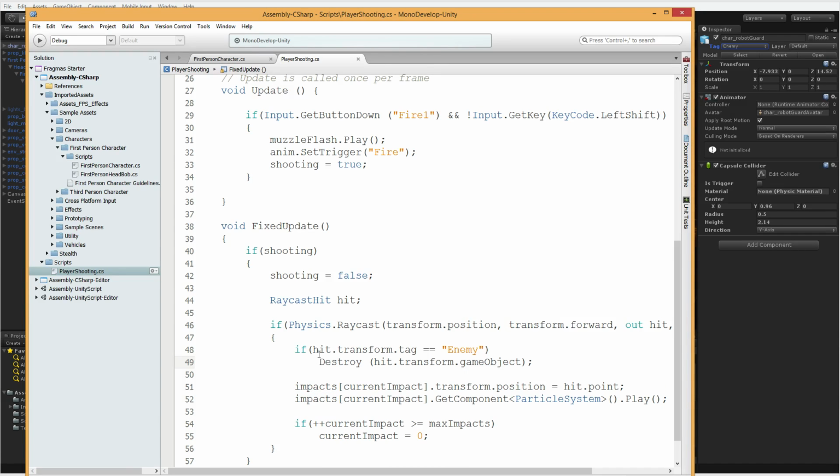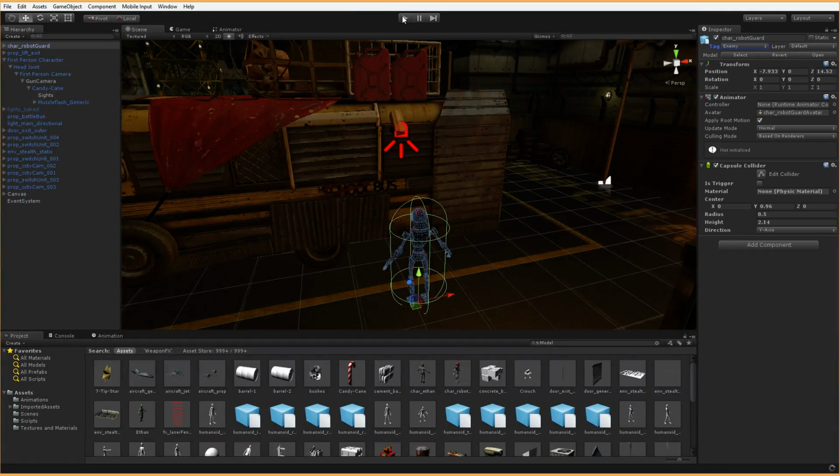This is just to make sure my raycast is actually working. We saw the flashes and the impact effects, but this means we can actually destroy something. This code will be replaced tomorrow when we do the networking stuff. So this is just here for now, and I will hit play.